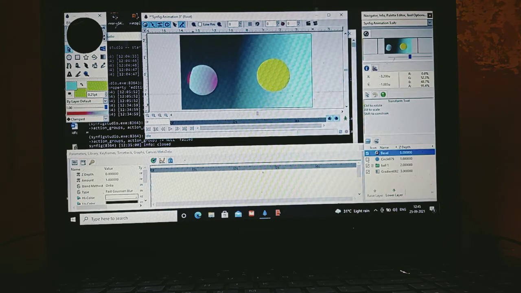But you will see that it is applied to both of the balls. Maybe you can't see it right now, but while doing it I can see. So when you do it, you will observe the same thing. Now what we want is that this bevel should be applied only on the second circle. So again the same thing: control, select both of them and group it.